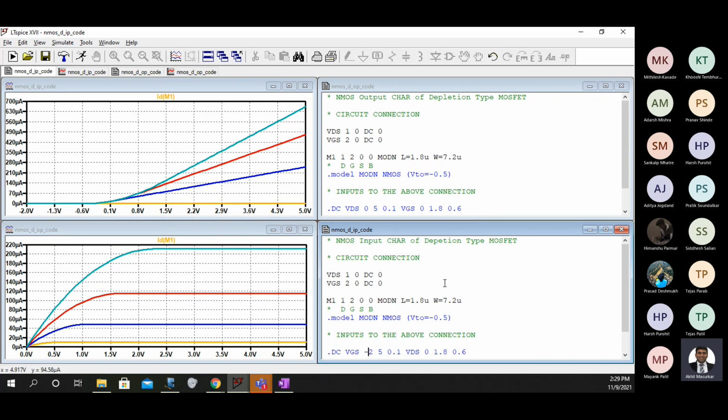Put your outputs in the chat box. Okay, good, Mithilesh.